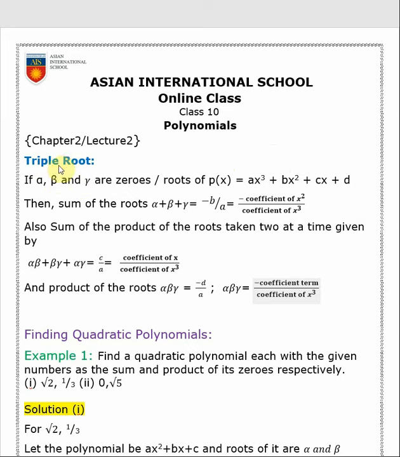triple root. The triple root theory says that if a polynomial is given with a maximum power of 3, that means a cubic polynomial like this one, px equals ax cube plus bx square plus cx plus d, then the sum of the zeros, that is alpha, beta, gamma, they are the zeros. Since it's power 3, there must be 3 zeros or 3 roots, which are here alpha, beta and gamma. Their addition would be minus b by a, that is this constant b by this constant a with a minus sign, coefficient of x square, minus coefficient of x square by coefficient of x cube.